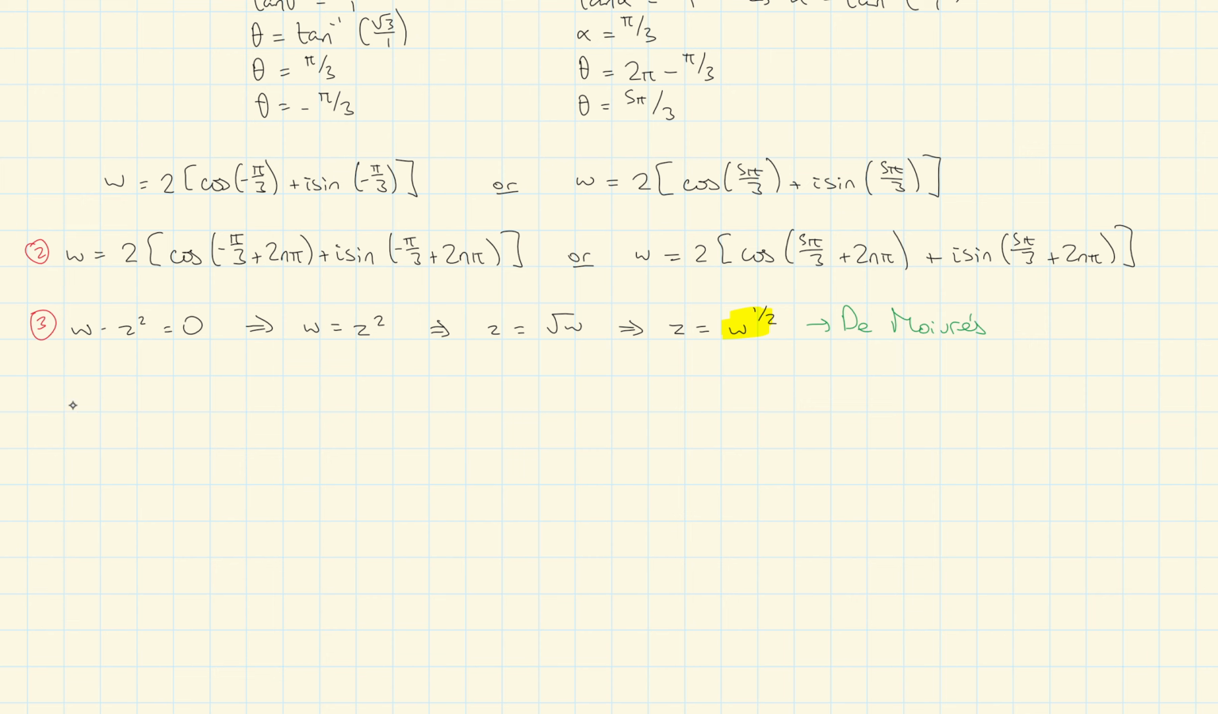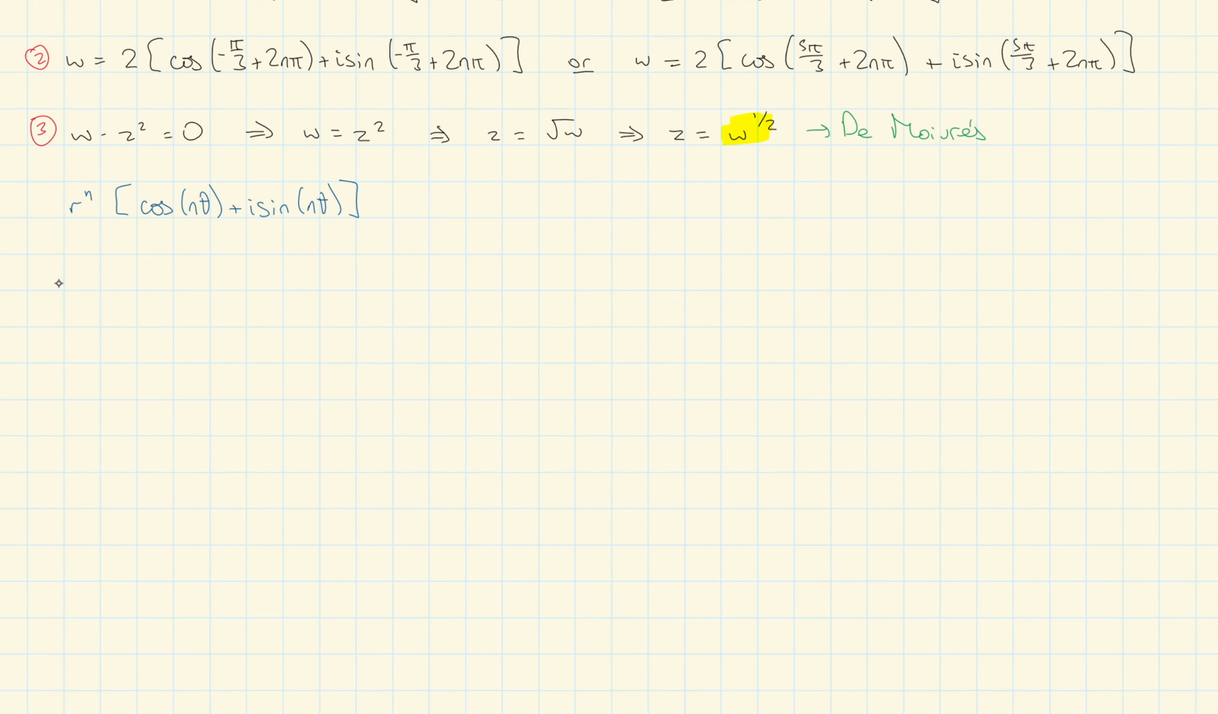So we know that for de Moivre's it's r to the power of n times cos of n theta plus i sine n theta. So we'll do our two options. So w to the power of a half is equal to 2 to the power of a half and cos of a half times minus pi over 3 plus 2n pi